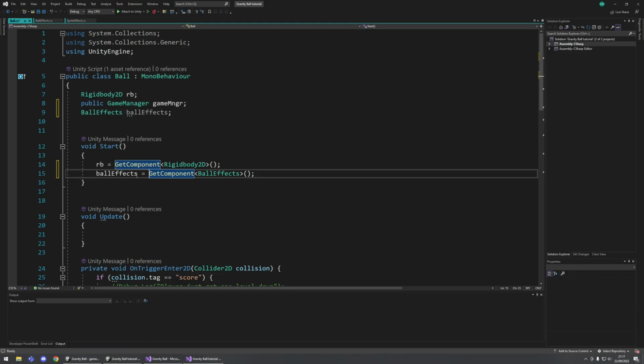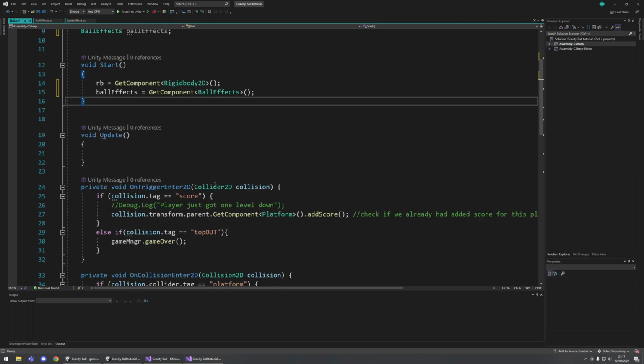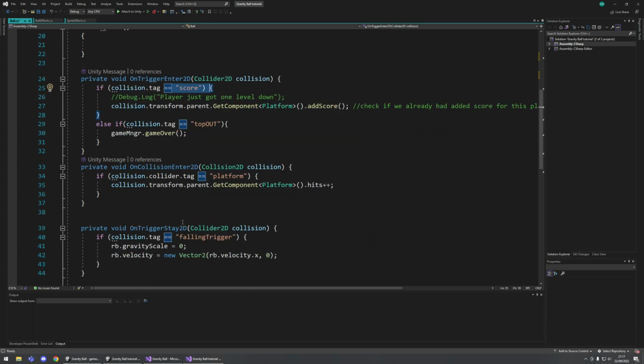So when we save, a ball gets a ball effect, assuming it's from the same game object. So easy peasy. Okay, and now we need to address one at a time. As you know, we have a score here. I think we need to leave the score for now. It's the more complicated one, and we can just do it with a platform. So when we hit a platform,